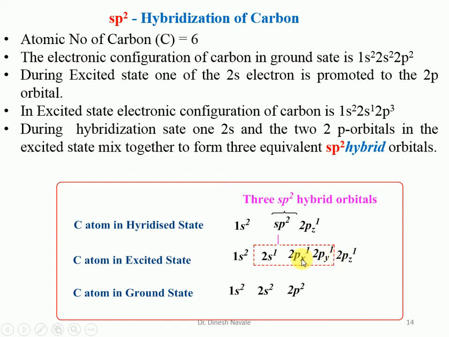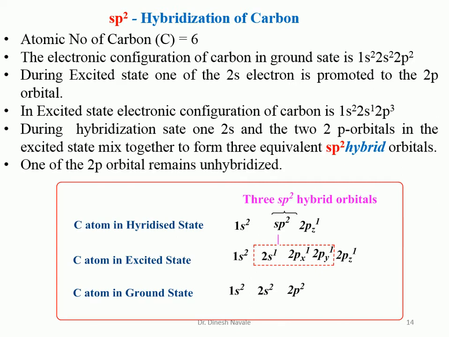So we are discussing here the sp2 hybridization. For sp2 hybridization, we require only one 2s orbital and two 2p orbitals. So the 2s and the 2p orbitals, like 2px1 and 2py1, will be combined to give sp2, and a total of 3 sp2 hybridized orbitals will be formed. During sp2 hybridization of the carbon atom, the 2pz orbital remains unhybridized, and that unhybridized orbital remains perpendicular to all the other sp2 hybridized orbitals, making it a trigonal planar geometry.